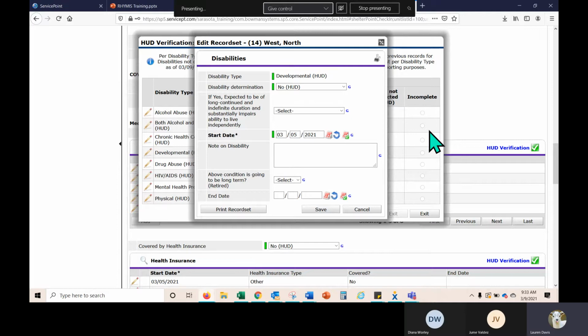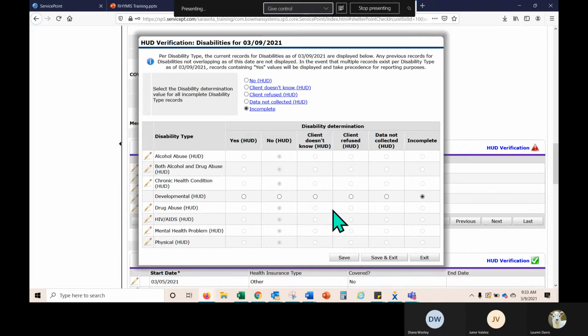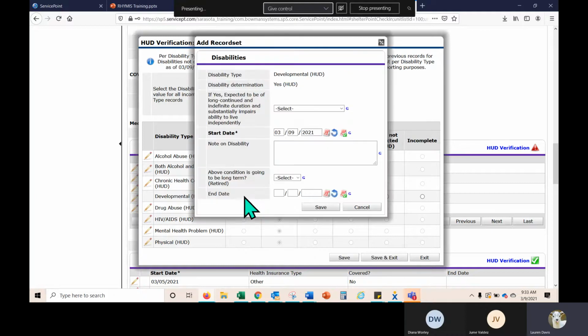You want to end this record set for the day before we're collecting new information. So we hit save. We've ended it for the day before because today's the 9th. We're saving this information. And then we're going to write in our own record set and identify to the system that, yes, in fact, North does have a disabling condition.